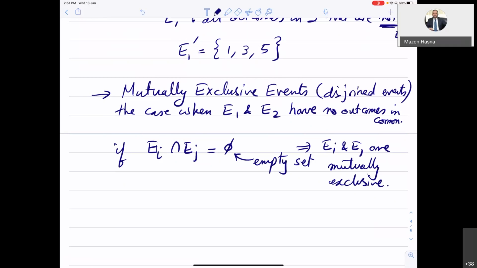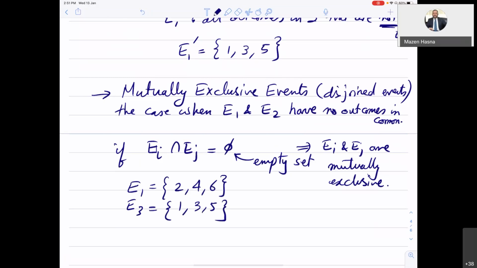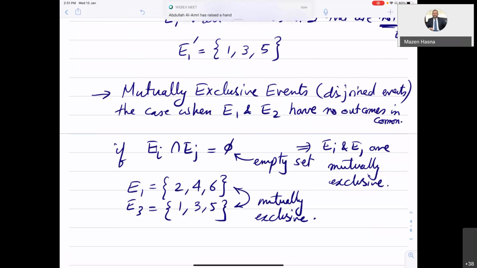So what's an example of mutually exclusive events? If I have E1 as the even numbers, and E3 as the odd numbers, then those two are mutually exclusive. They do not have any outcome in common. As we will see later,